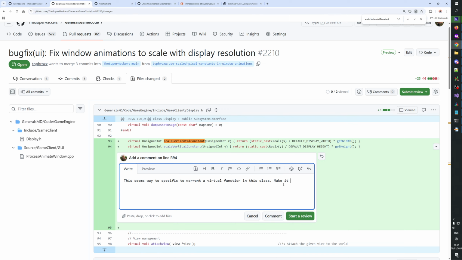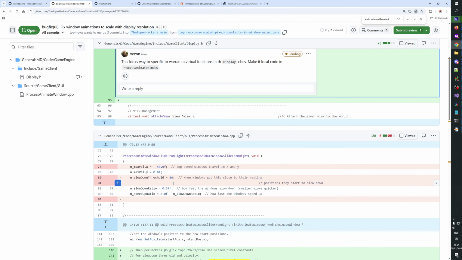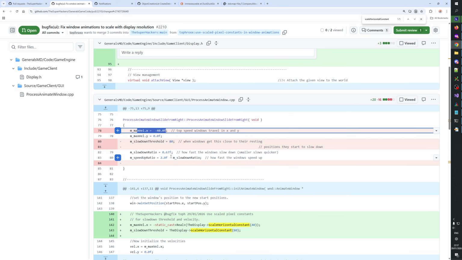Make it local code in window, in process animate window. This looks way too specific to warrant virtual functions in the display class. Yeah, this should not be a virtual function. Good, and then here,